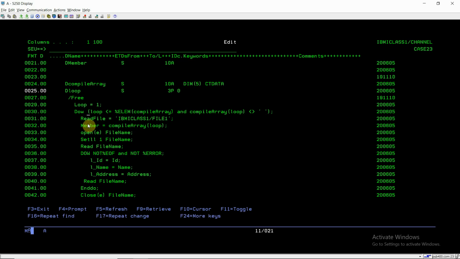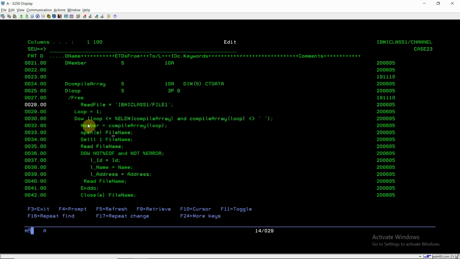Now after reading this compile time array, I can also specify this read file here, because I can move it above since I am giving it only one time. Now I'm getting the compile array. At the first index I am getting the member 2, so member 2 will be moved to the member variable, right?